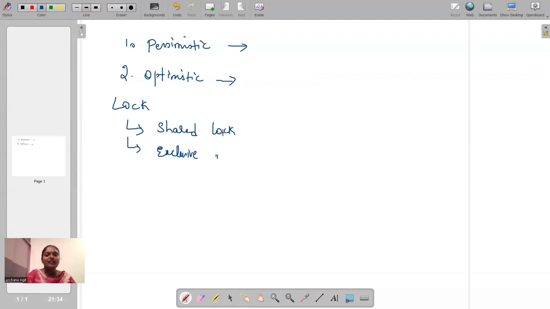As the name itself tells, a shared log can be shared by multiple data members. Let us take a schedule. In this schedule, we have the T1 transaction and the T2 transaction. Now, we have a data member A here. Now, I wanted to read the content of A. When I want to simply read the content of A, I need a shareable log. So, a shareable log allows access to the data and it can be allowed for multiple transactions to access it. Now, when I have applied a shareable log upon data member A by the T1 transaction,